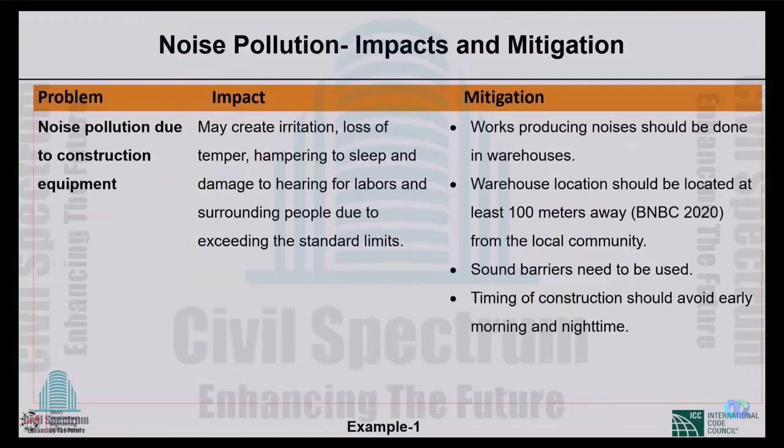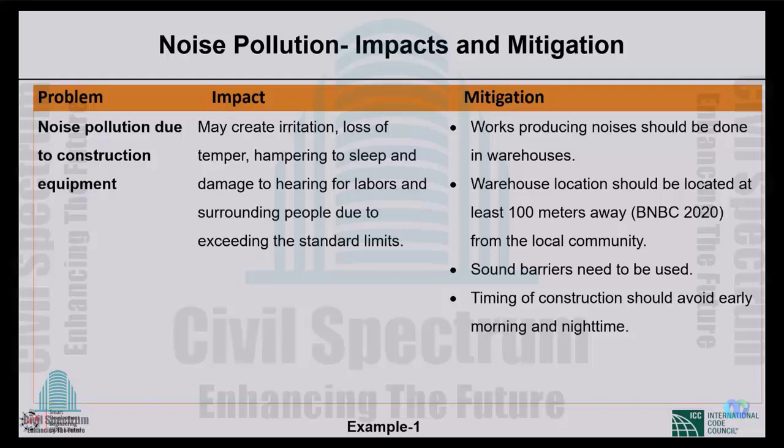Similarly, we give another example, our impacts and mitigations for noise. For example, noise pollution at the time of the constructions comes from the breaking of the bricks and construction piers using different equipment that Atik mentioned, and the different sounds it creates. That sound actually disturbs the habitats in that area. The birds won't fly. The surrounding people cannot sleep. So you have to be careful about this sound.